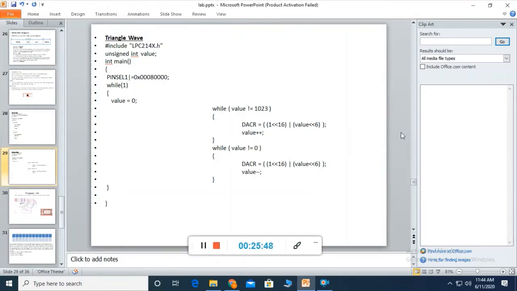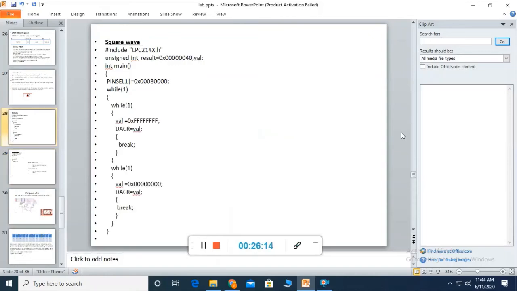So please note, a very important thing here is the DAC register, which has a 10-bit value. You need to load a corresponding 10-bit value to this DAC register so that it produces a corresponding analog value. So your basic idea to generate a square wave is to load a value into the DAC register such that it produces a high and a low alternately. This we have discussed in the previous code.